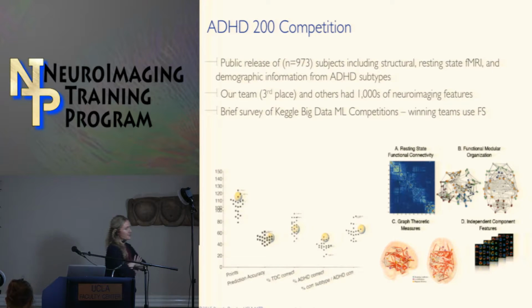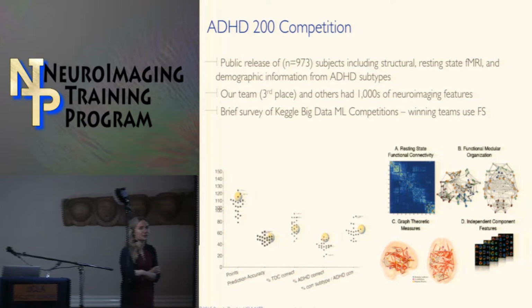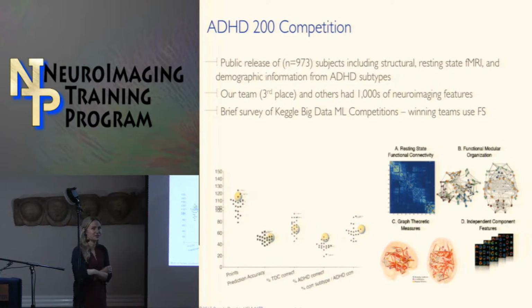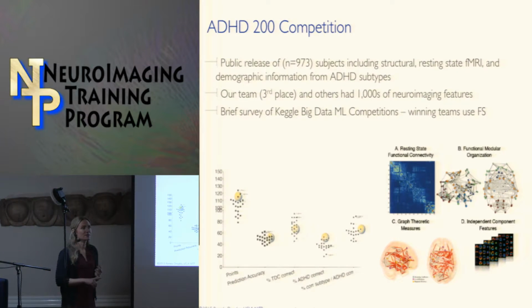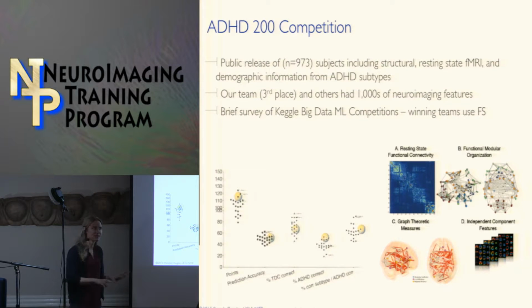So this is another example, another thing that I participated in, which was the ADHD-200 machine learning competition. This relates to feature selection, and to me, in an extremely frustrating way. So in 2012, there was this public release of about 1,000 different structural MRI, functional MRI, as well as gender, IQ, all of these different parameters. And the goal was to take this training data, and then to predict on 200 new subjects the ADHD diagnosis using these neuroimaging features. And so I was on the UCLA Yale team, and we placed third